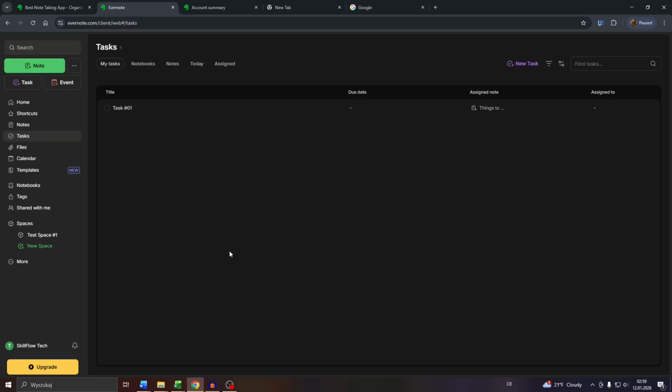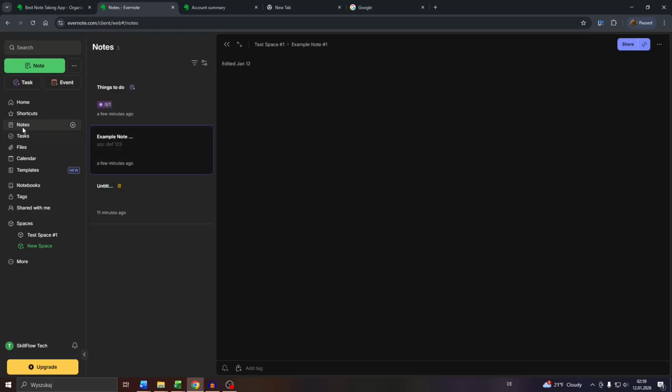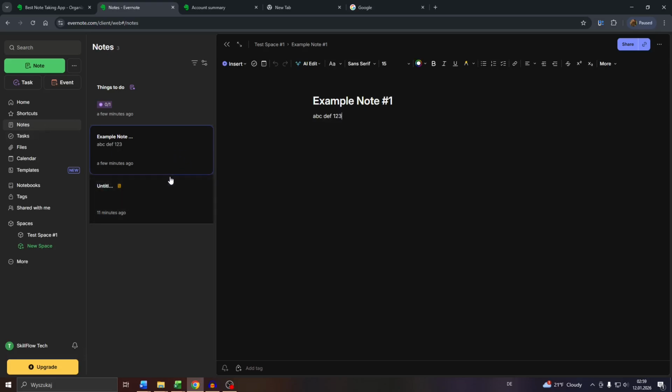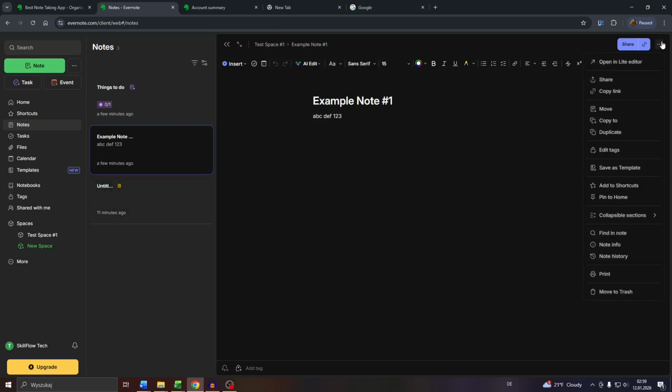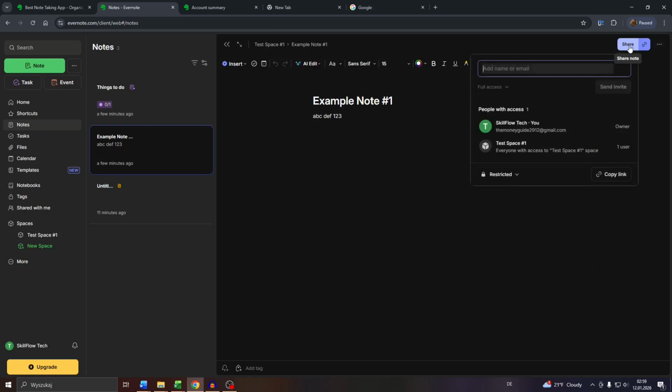So guys, navigate to your account on Evernote and log into it, and here to the left you will see that Notes tab. Click into it. After that you will see the list of all notes within your account. So you may change the visibility status from, for example, private to public by clicking into this share here, and